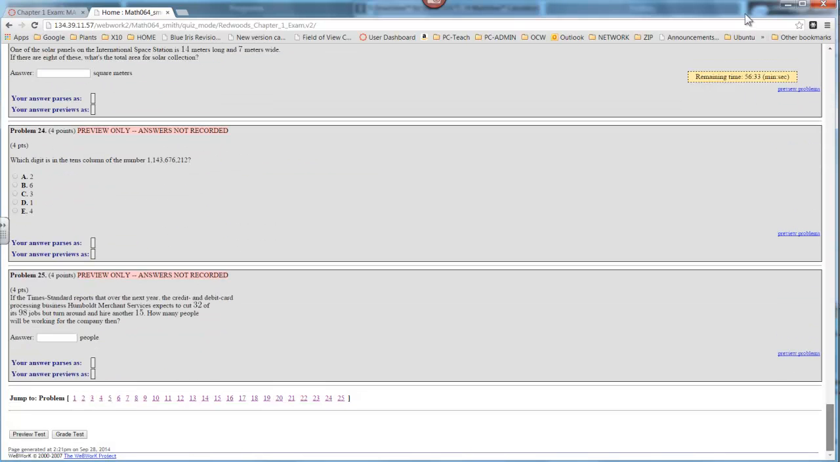Okay, and the whole time you're keeping a look on the remaining time up here. When the remaining time runs out, you're going to get a warning. When you get that warning, the very first thing you should do is quickly run down and click Preview Test, and then click Grade Test. And as soon as you click Grade Test, you should, if you do not see the results,